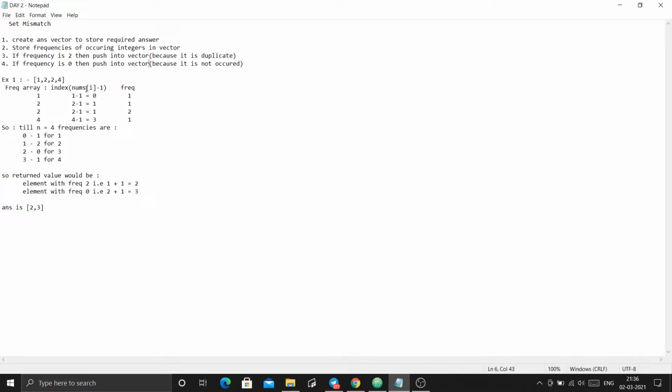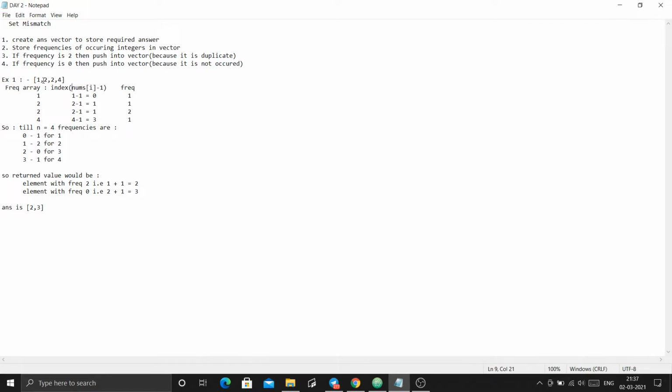Let's see the explanation. Here's example 1, 2, 2, 4. If I create frequencies of all the integers, here this is the index and the frequency. I have a frequency array, say with indices 0, 1, 2, 3, 4. If I initialize with 0, then the element with the value 1 will be at index 0, so here it is nums of i minus 1, which is 0.